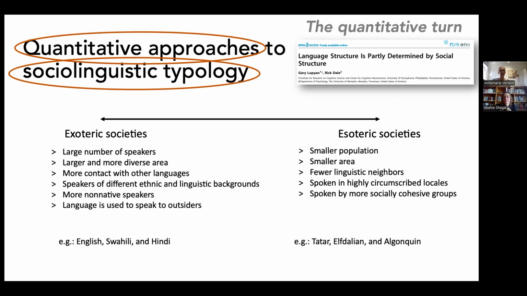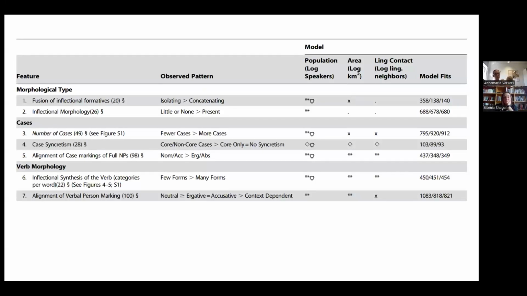So they look at that and then they try to partner that with three different sociolinguistic variables. So they have language family, some control for geography, and they have population size, right? So this brings up a theme that we find in quantitative approaches to sociolinguistic typology, that lots of it seems to be about population size. And we're going to come back to why that is, and maybe also what we should do about it later on. So this is a chunk of their table and their results.